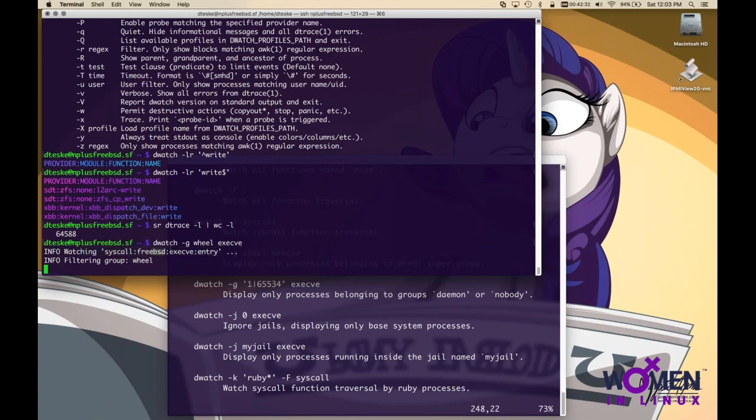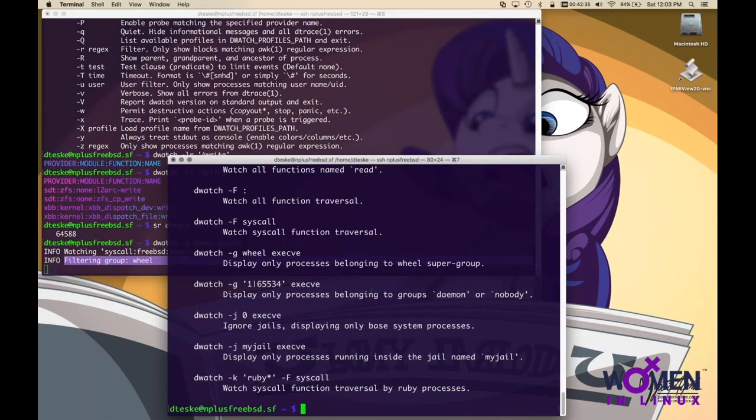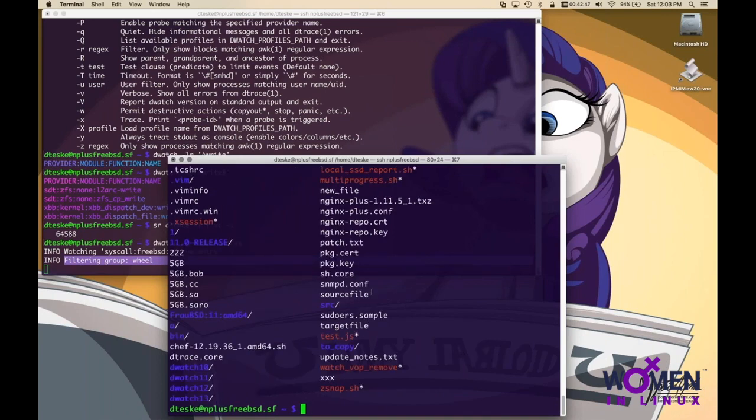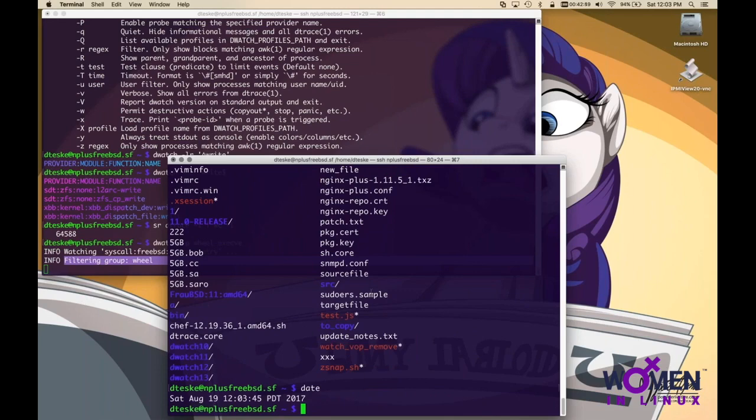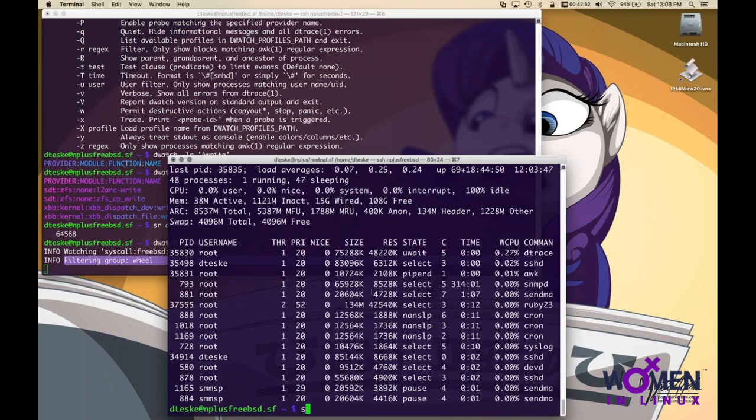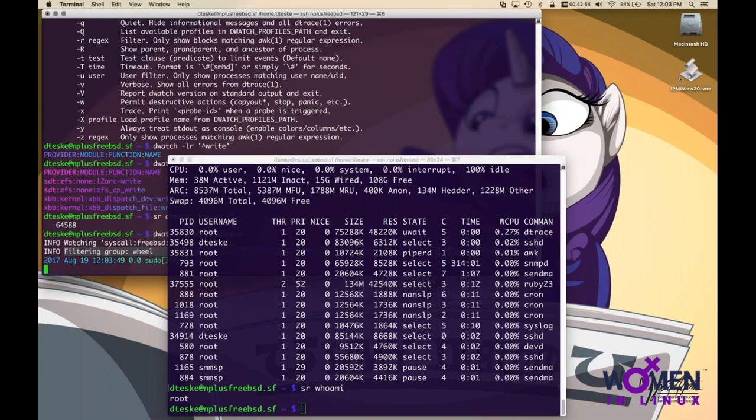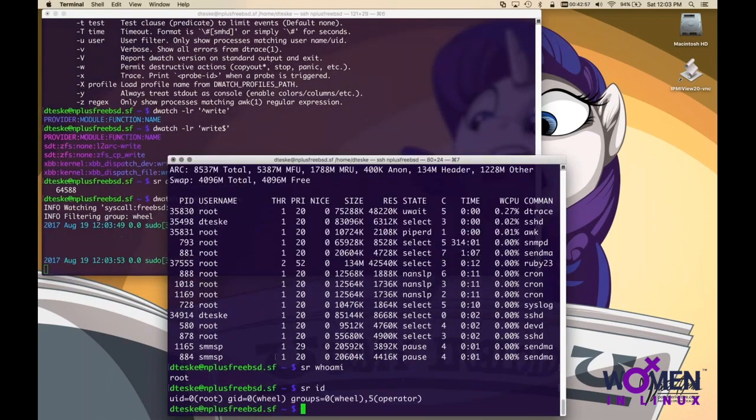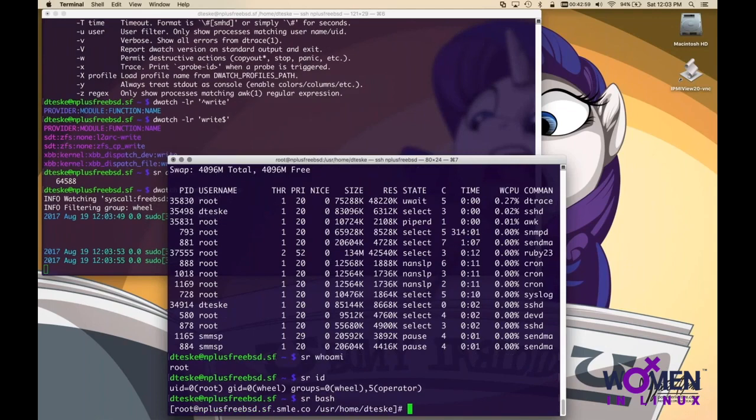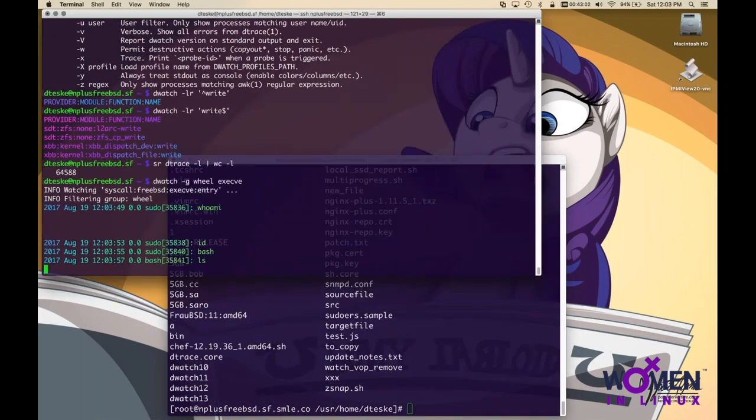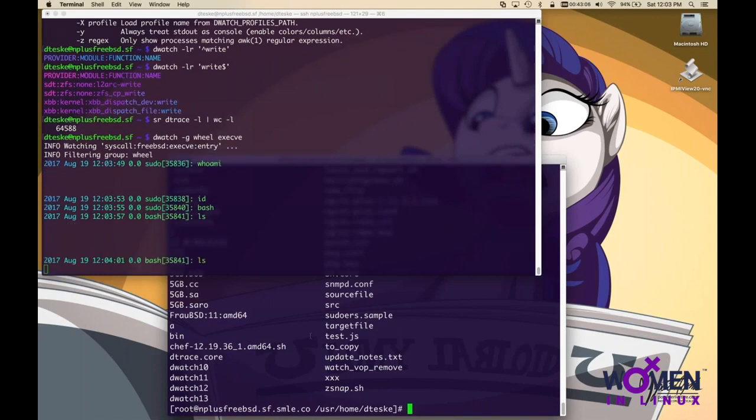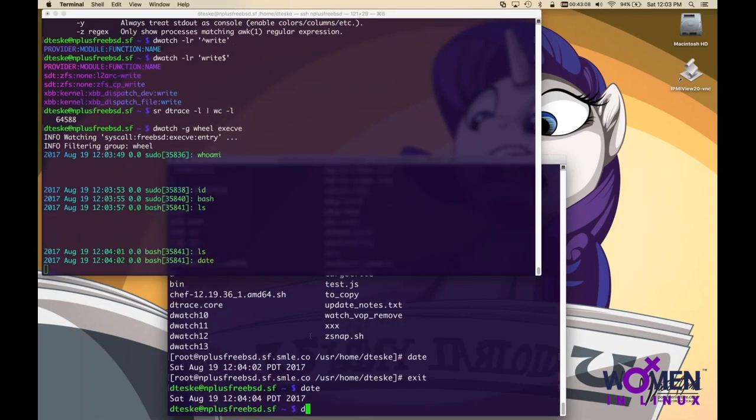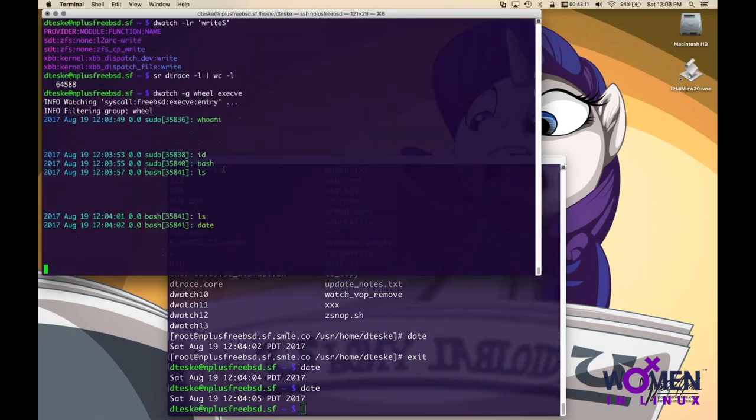So now what if I wanted to say dwatch only processes running as wheel. Only processes forked by wheel. So now we're watching the system call that we've watched before, which is for processes get fork exec, but now it's only going to be limited to processes owned by the group ID wheel, which is the supergroup on FreeBSD. It's kind of like wheel on Linux, I believe. Okay, so anyway,